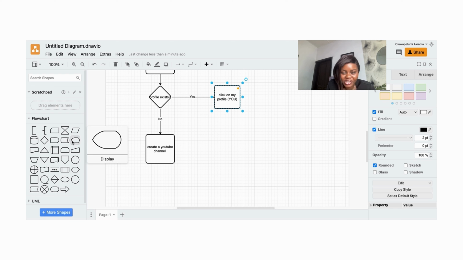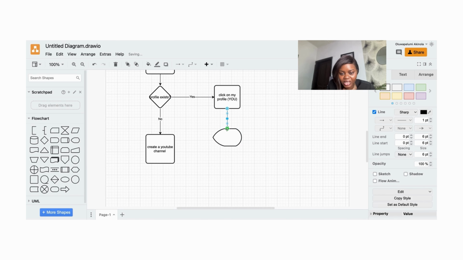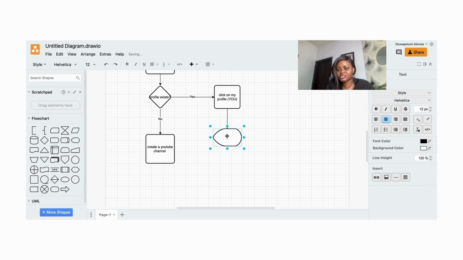I want to represent what I'm going to be seeing on my profile. Okay, so remember that I said that when I click on any of these things, I can see what they are. So it guides me so that I'm not just picking shapes, right? But I know what I'm actually doing. So I say display, right? And I say display, and I say user sees all videos